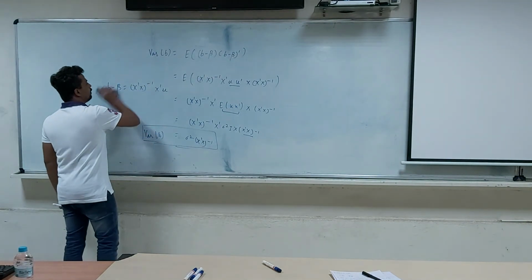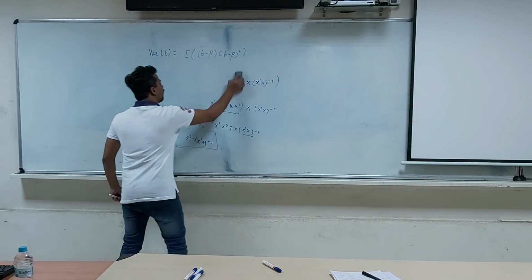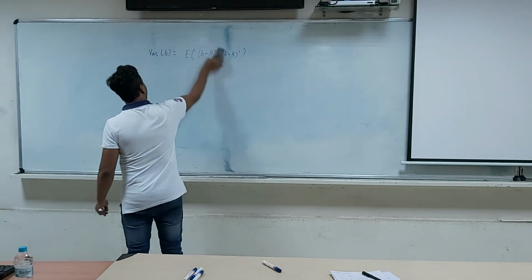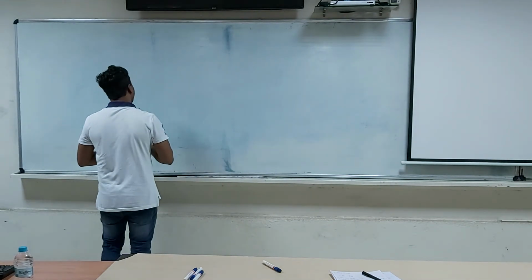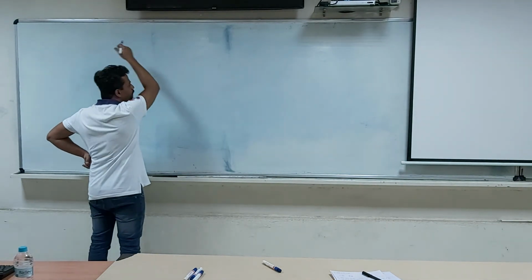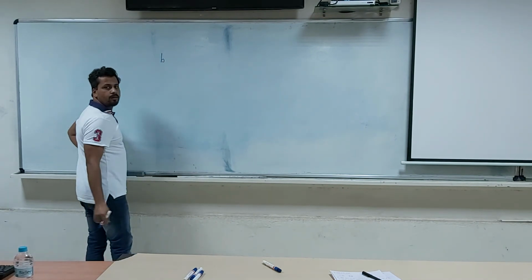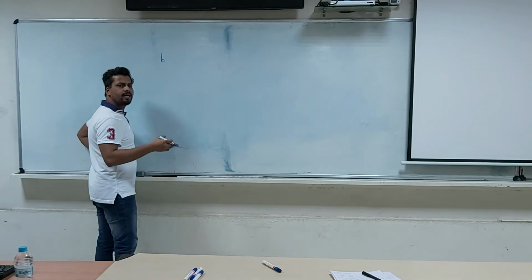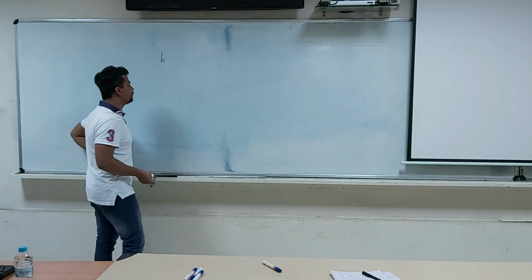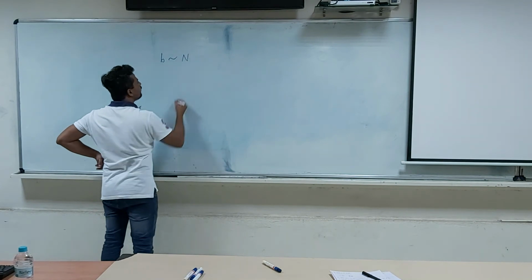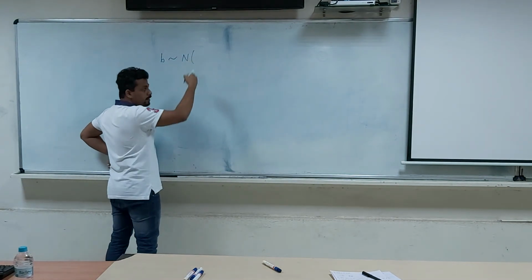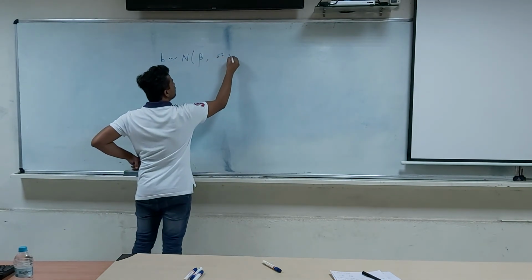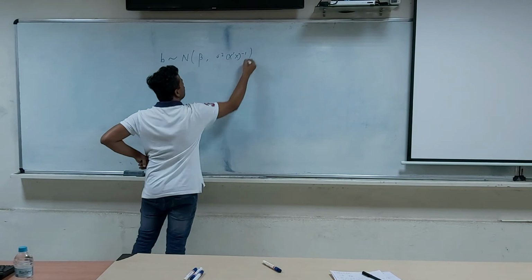Okay. So we have talked about the mean of B and the variance of B. Let me write it. What we have just found out is that B, as we will prove later on, remains normally distributed as long as you assume your error terms to be normally distributed. So B is assumed to be normally distributed. What is its mean value? Beta, and the variance is given as sigma square x transpose x inverse.